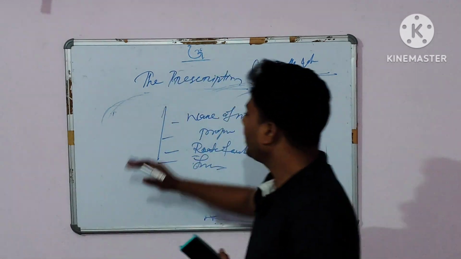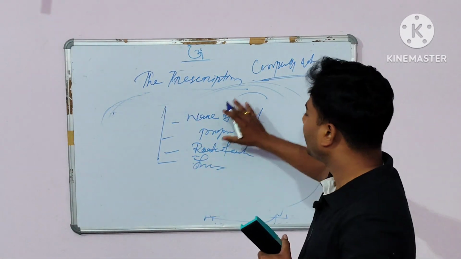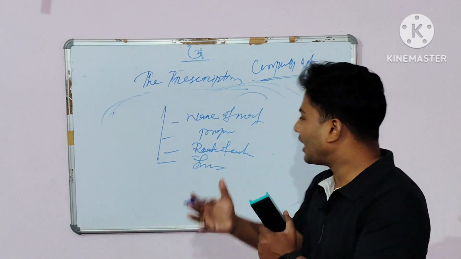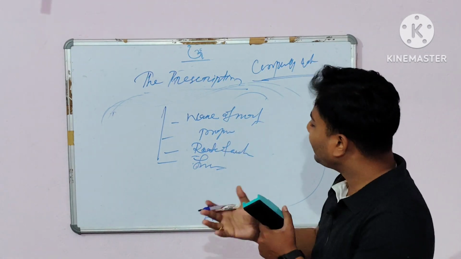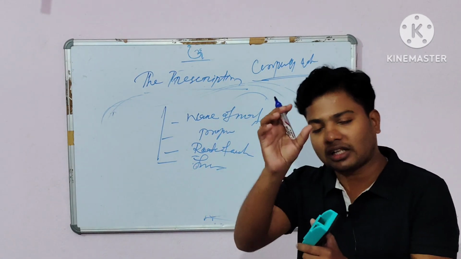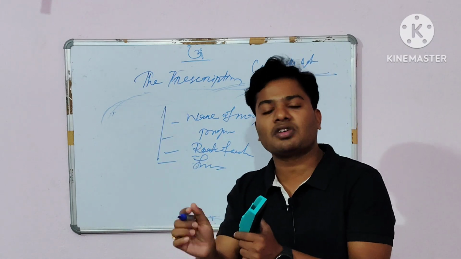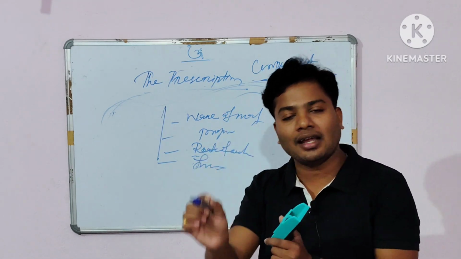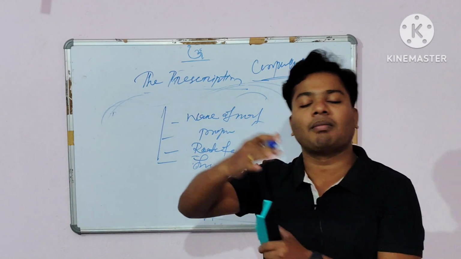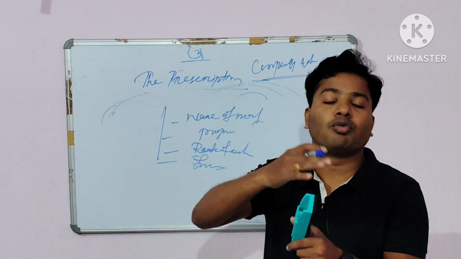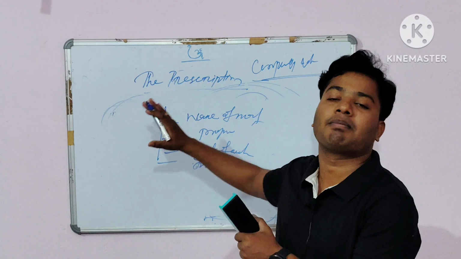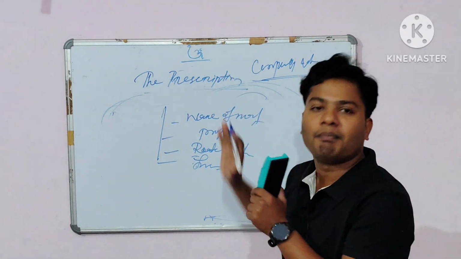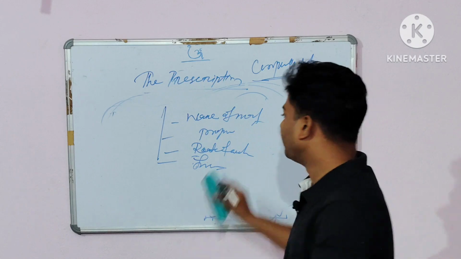So the prescription includes the name of the medicines, their proper quantities, their route of administration, and their frequency. That means what the medicines are, the proper quantities, how much amount or how much dose you have to administer in a day, that may be before food or after food, and by which route you have to administer such types of medicines. So all the information is present inside the prescription. Clear? Okay. Next,